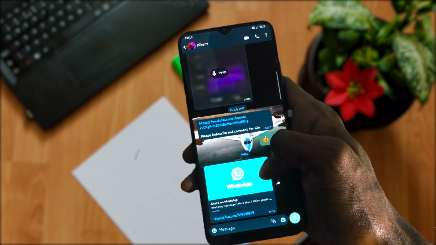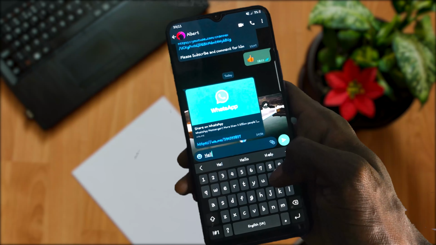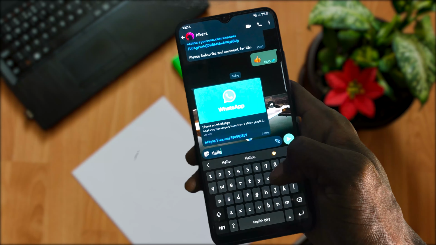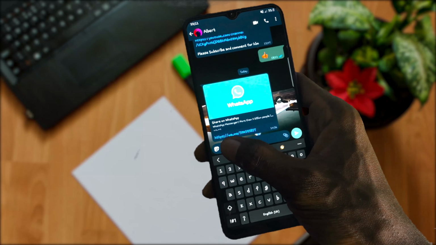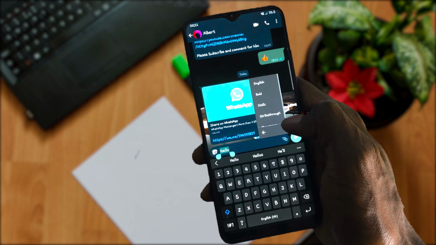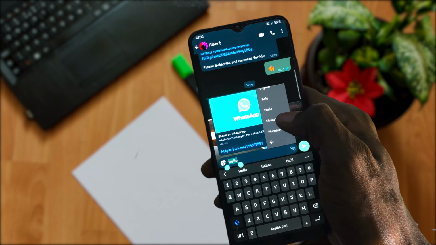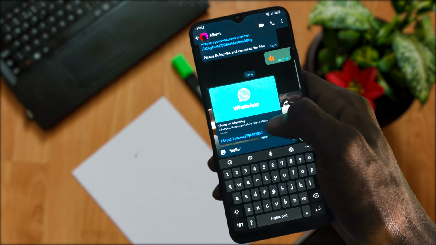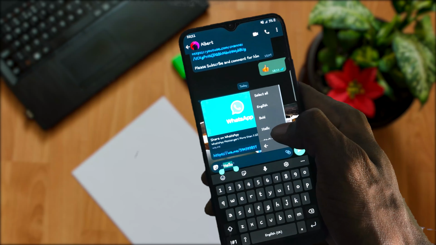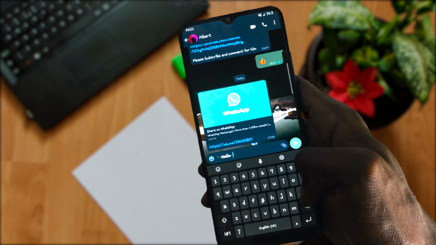So the next thing that we are going to do now is, if I type something here, say hello, I can basically strike through, bolden this hello, and I can do a lot of stuff simply by just selecting all the text here, and then click on this three dots here, and you have those options here. So I can italicize it, I can bolden it, and I can strike through. So let's bolden it like this, and then you can see that the text is boldened. Now you can select it again, hit the three dots from here, and then just go to strike through, and then you can see that this text has been struck through.